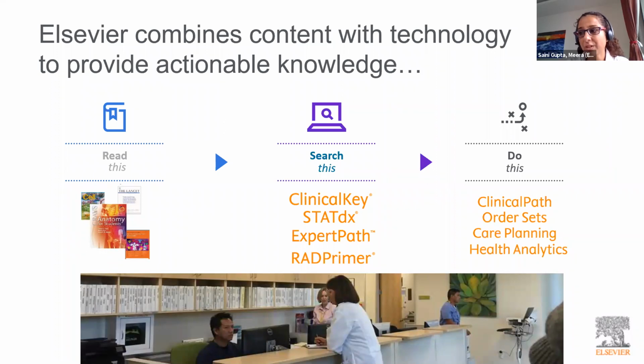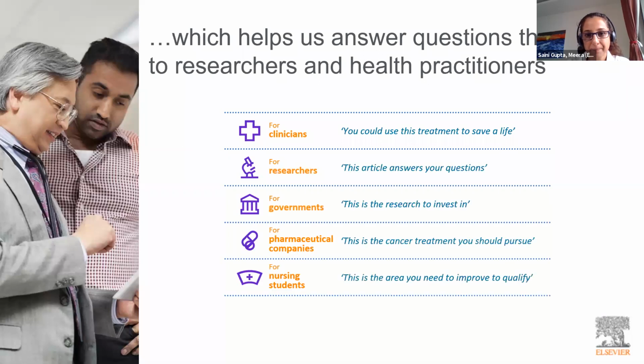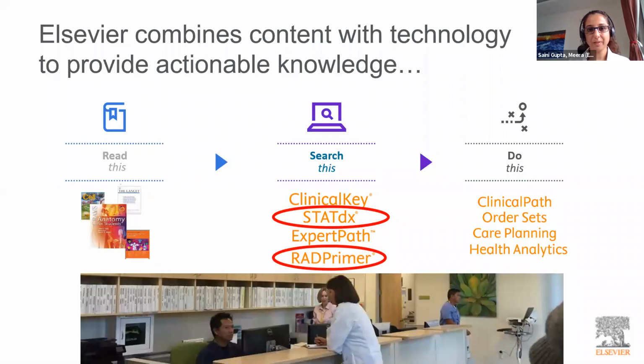Finally, Do This refers to our products that provide advisory services by harnessing technologies such as NLP, machine learning, and AI. They provide personal experiences and tailored recommendations, and these solutions fall into our active clinical decision support products. So what these products allow us to do is put us in a position to help you answer a set of critical questions across multiple disciplines, such as those shown here. So today, I'm going to focus on two of these products, RADPrimer and STATdx. So without further delay, I'm going to get into